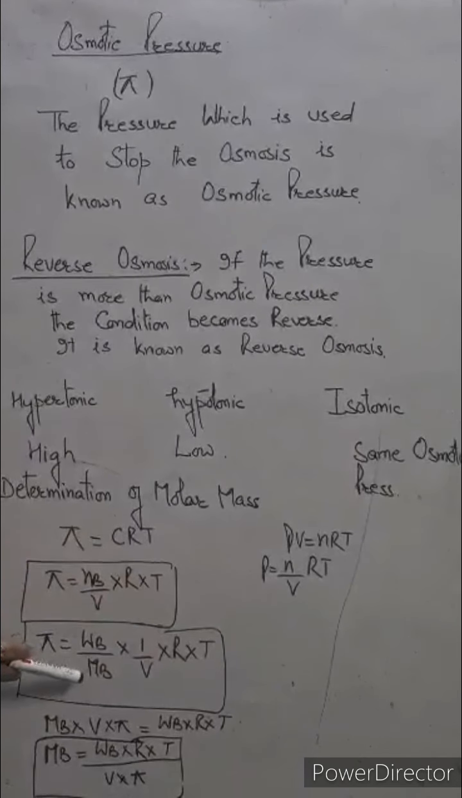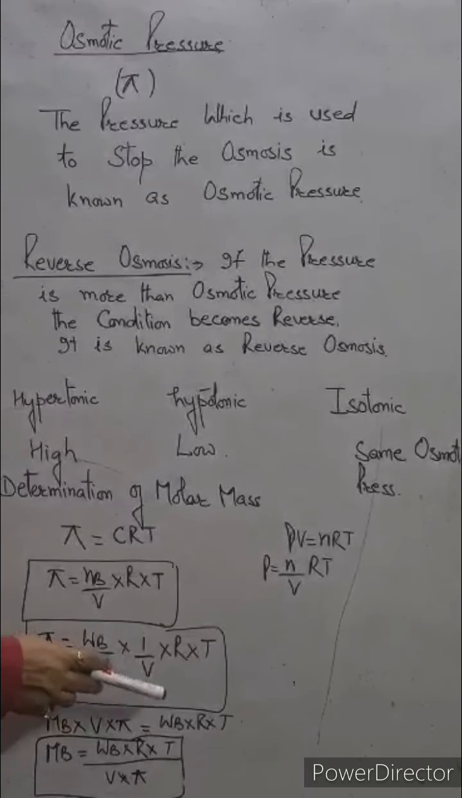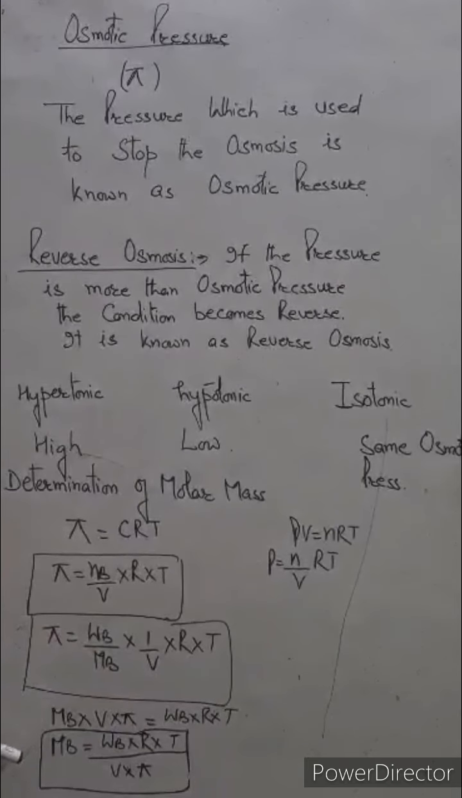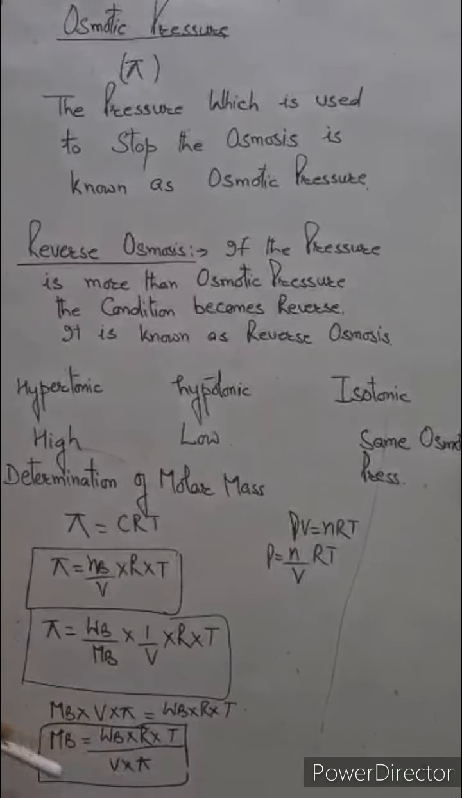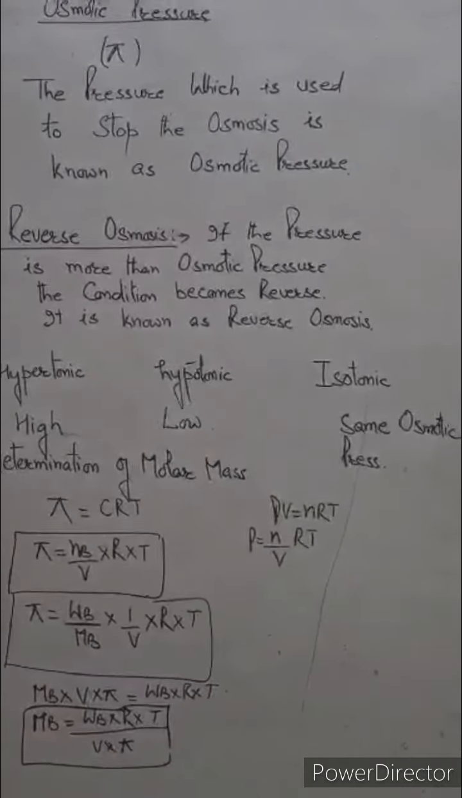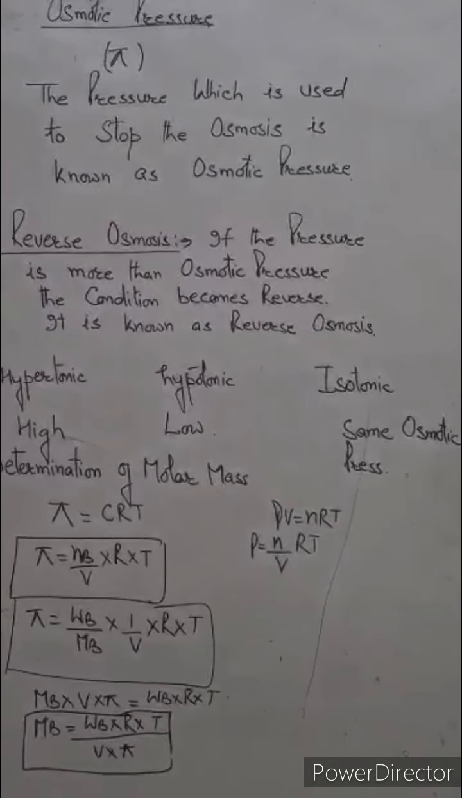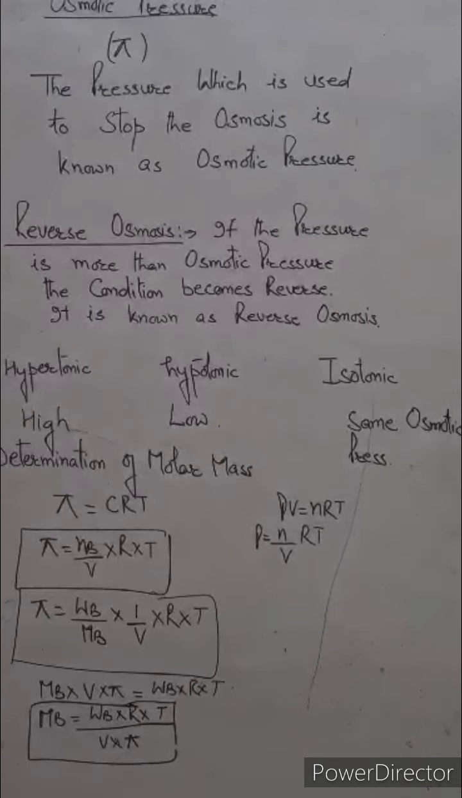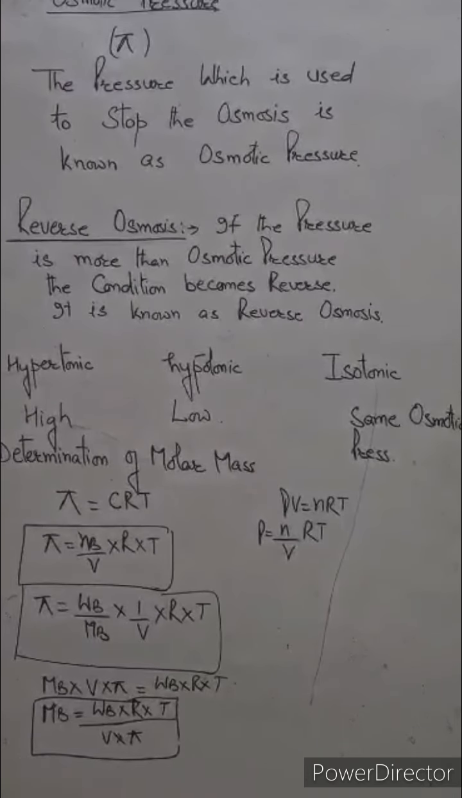Now, cross multiplication, MB into pi into V is equal to WB into R into T. And we have to calculate molar mass. So, molar mass MB is equal to WB into R into T upon pi into V. This formula gives you the molecular mass of solute from osmotic pressure, right? Here you know MB is molecular mass of solute, WB, it's clear, weight in grams of solute, R is a gas constant, T is the temperature, V is the volume, and pi is osmotic pressure,